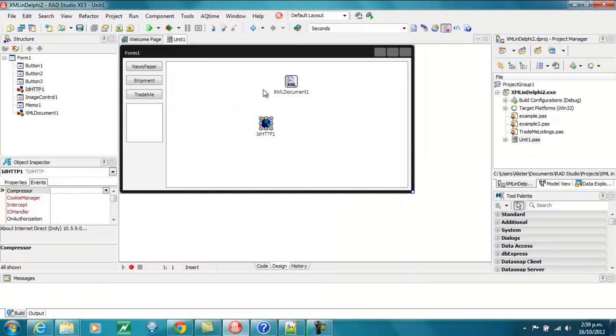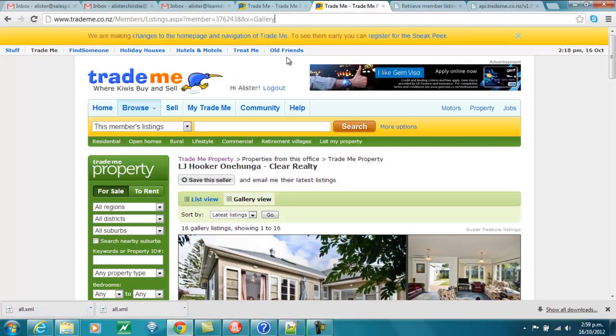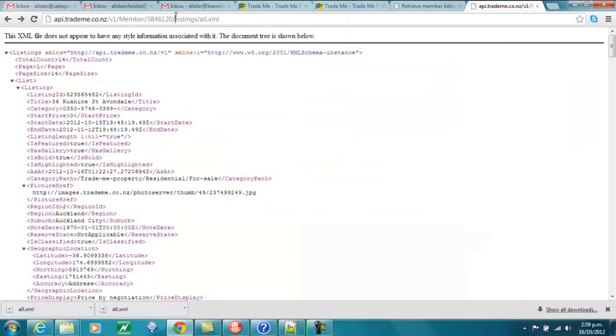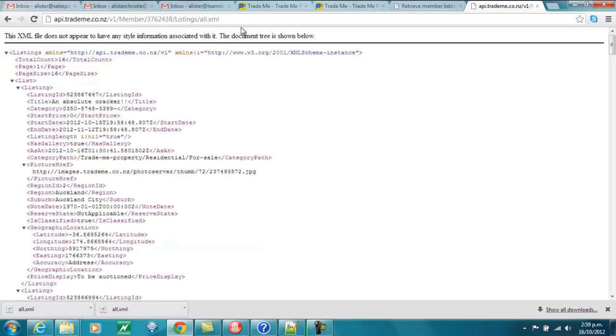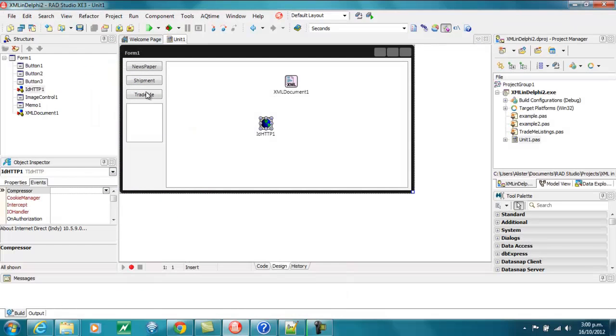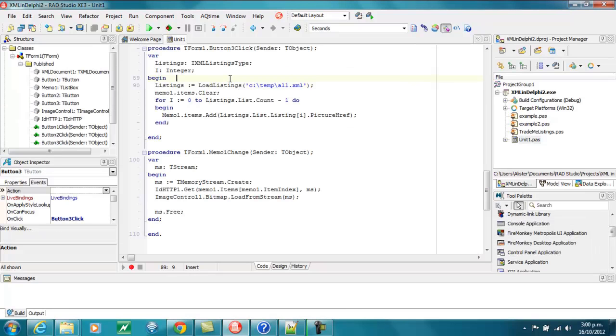Now, it strikes me as a little bit contrived to be using the same XML document that we used to create our data binding. So let's go back to a different one. Let's copy that and put that in there, and we can get a different XML file. But let's copy that URL, and so we've got a